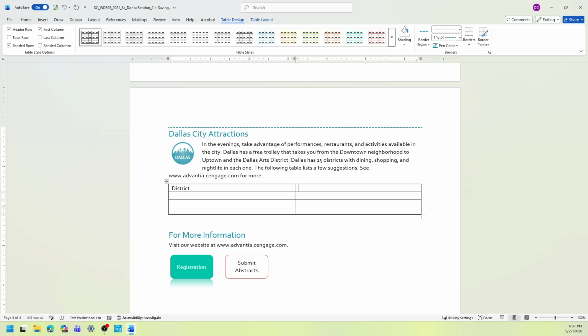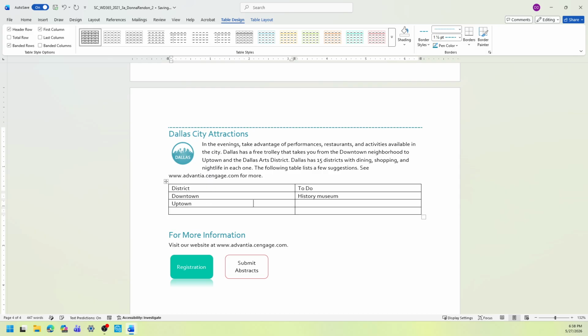District. Tab to the next column. To do. Tab again. Go to the next row, downtown, tab again, type history museum, tab again to the third row, the first column.